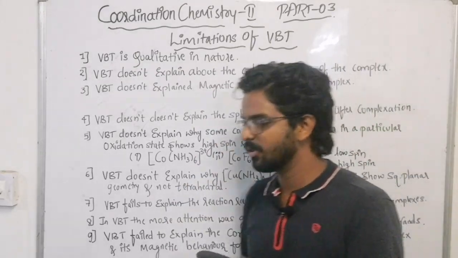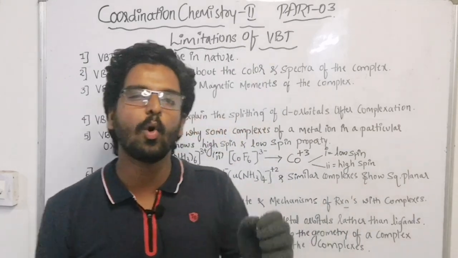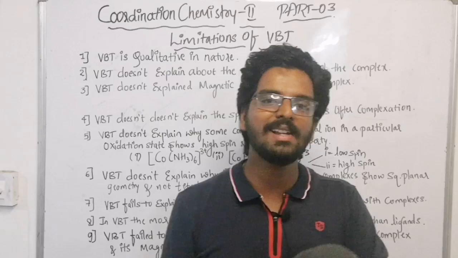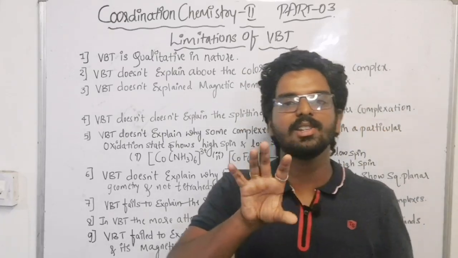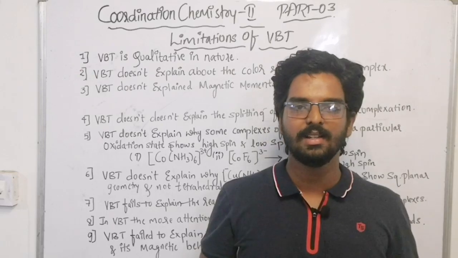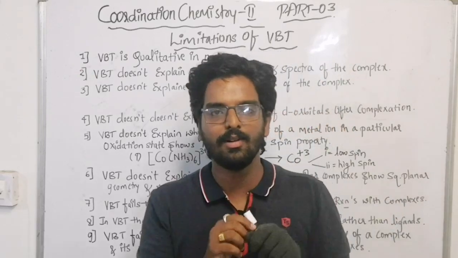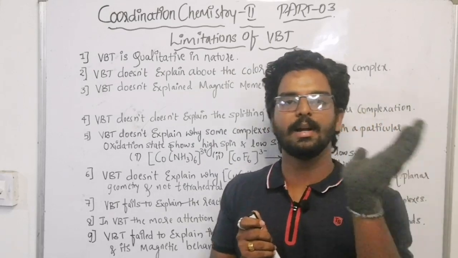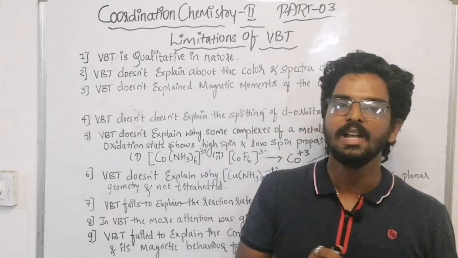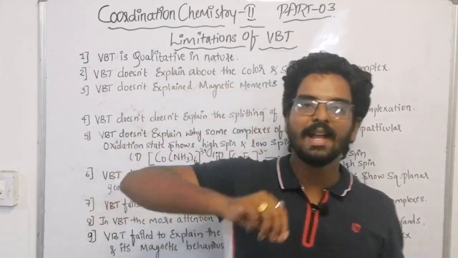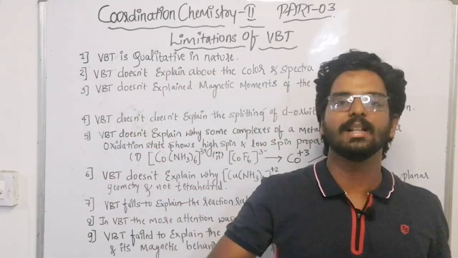And the first limitation of the VBT is that it is qualitative in nature. Remember one thing, VBT is qualitative in nature. It is just a pictorial thing to express how the bonding is taking place. We have seen how VBT is applied on the given coordination complex. There also we have seen in a pictorial way how the ligands are pairing up with the orbital, that is the metal's orbital,